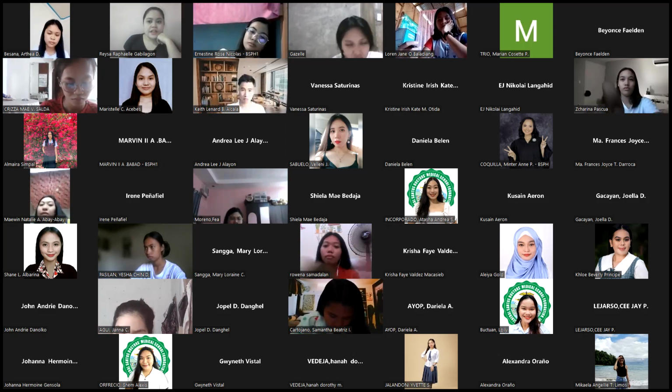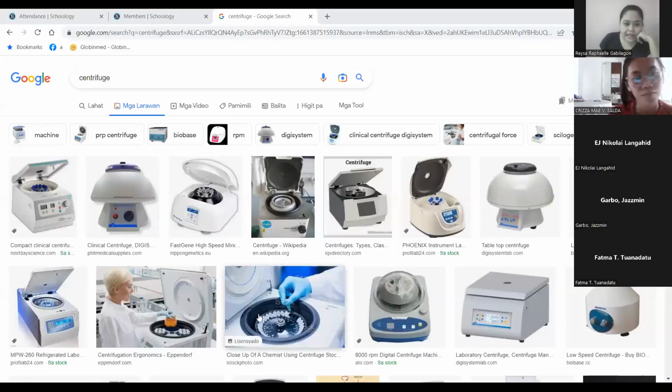We have here the centrifuge. So ganito yung mukha ng centrifuge. And as you can see inside, we have the test tubes. So yung mixture, nilalagay siya sa test tube and pinapaikot inside. So ang kanyang process is like using the washing machine. Pero pinapaikot inside. And because of that centrifugal force, the particles that we want to separate will actually settle at